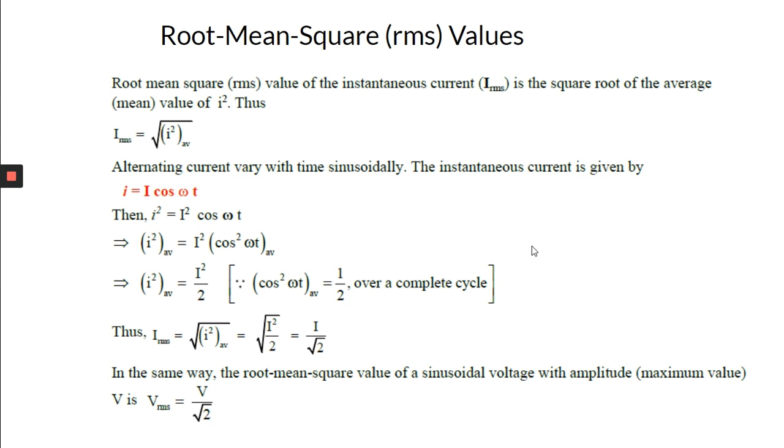Similarly, you can write what is your VRMS? It is V by root 2. Then what is your power? RMS value of power, if you say V into I. What is V into I? VRMS into IRMS is V into I by root 2 into root 2, which is V into I by 2. This means nothing but the average power. If the power is transmitted in a cycle, then you are getting the average power. Okay, now it is clear why you are taking the root mean square value.